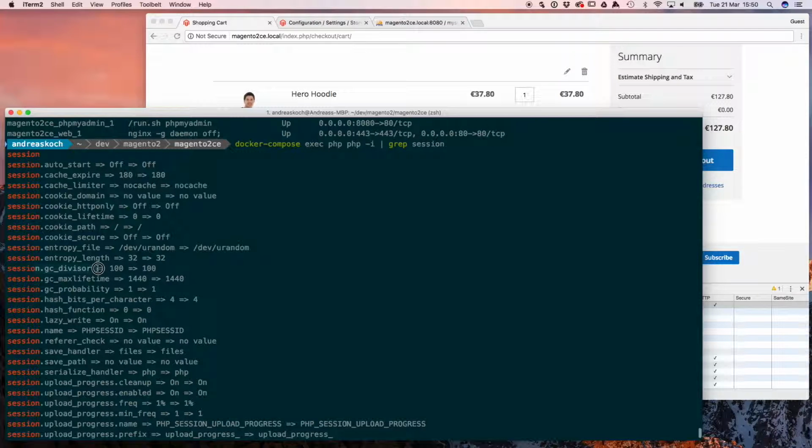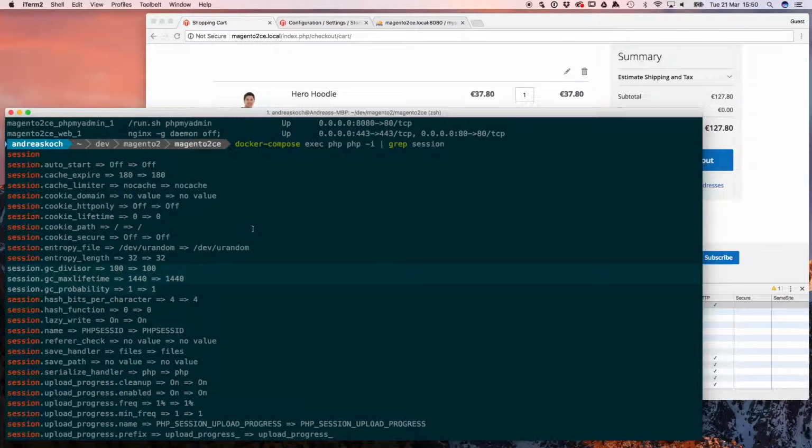So especially the garbage collection settings here. The GC max lifetime is the default, which is 1440, which is 24 minutes. The GC divisor is 100 and the GC probability is 1, which leaves us a 1% chance of garbage collection